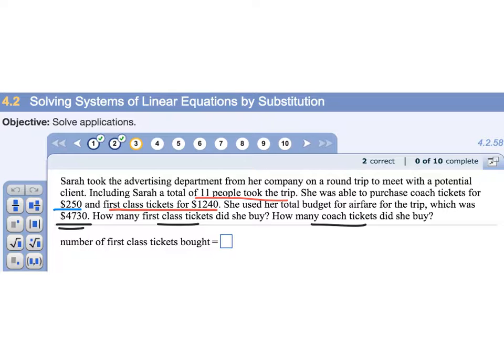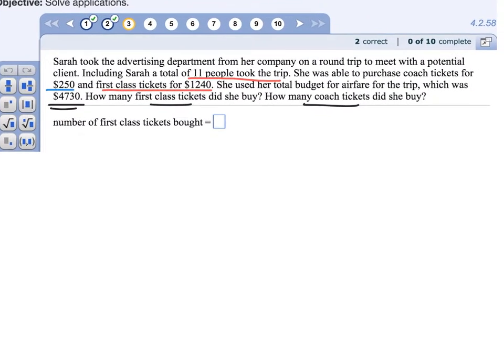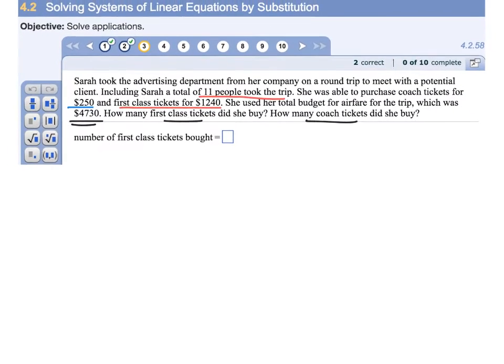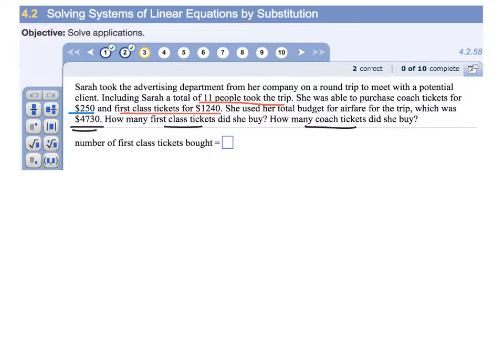So first thing that's important to know is we got some people who got the expensive one. We got some people who got the cheap one. But we know that there's 11 people total. So the coach people and the first class people equals a total of 11 people altogether. All right, so that's the key